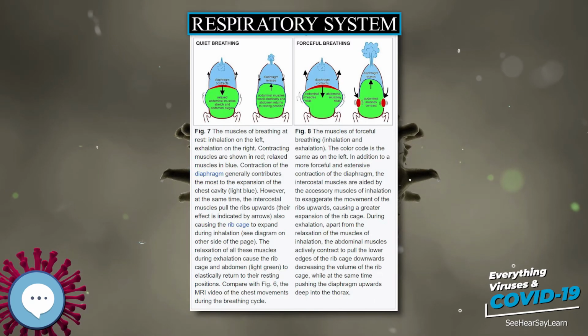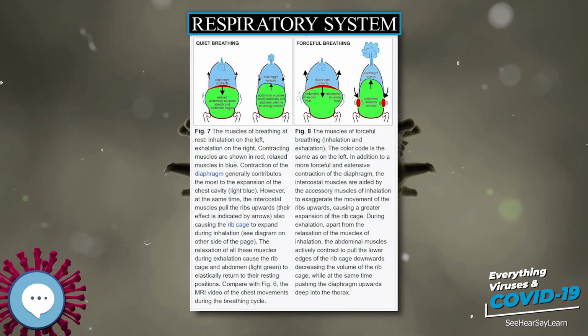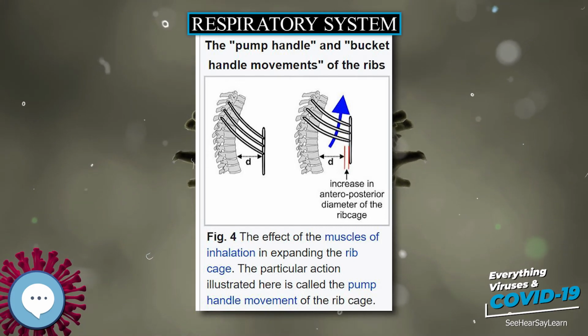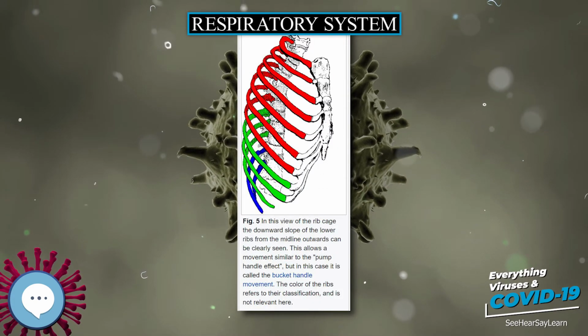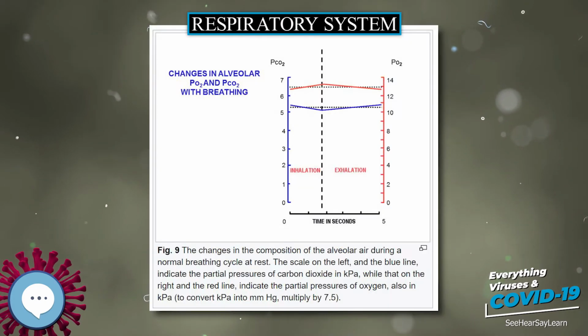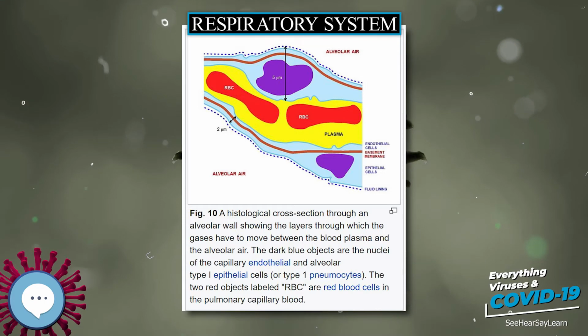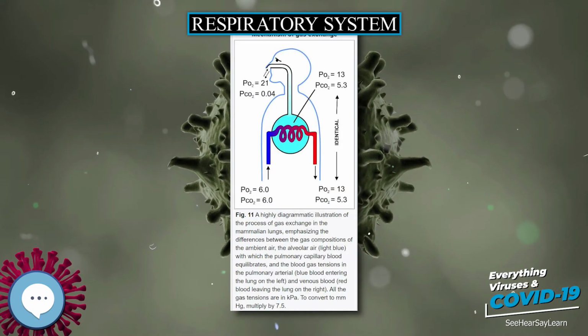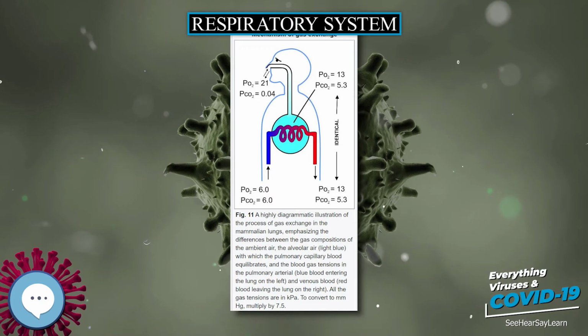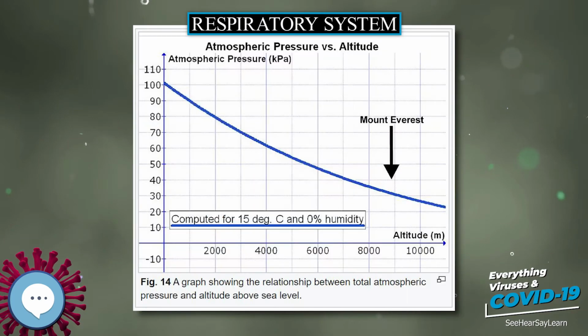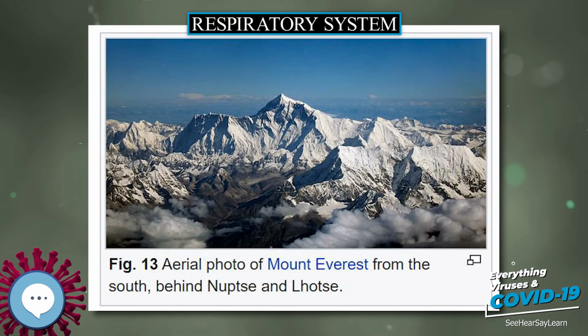Since the blood arriving in the alveolar capillaries has a partial pressure of O2 of, on average, 6 kilopascals, 45 millimeters of mercury, while the pressure in the alveolar air is 13 to 14 kilopascals, 100 millimeters of mercury, there will be a net diffusion of oxygen into the capillary blood, changing the composition of the 3 liters of alveolar air slightly. Similarly, since the blood arriving in the alveolar capillaries has a partial pressure of CO2 of also about 6 kilopascals, 45 millimeters of mercury, whereas that of the alveolar air is 5.3 kilopascals, 40 millimeters of mercury, there is a net movement of carbon dioxide out of the capillaries into the alveoli.